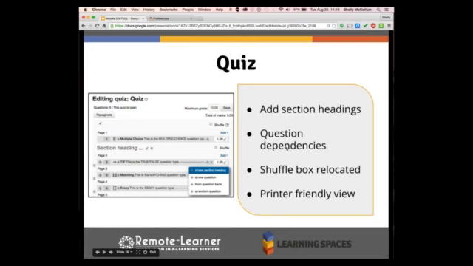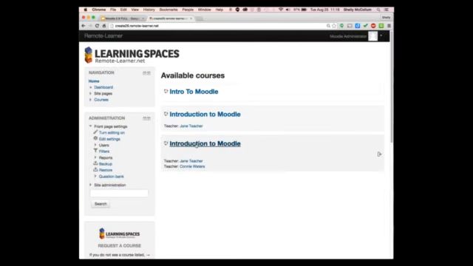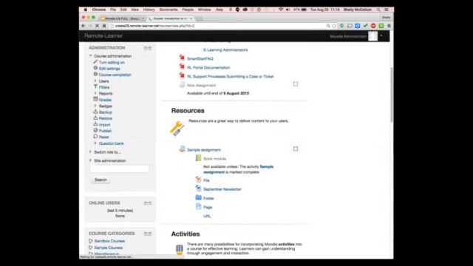The other thing that has been added are question dependencies. Now, question dependencies are pretty interesting, so let's go and look at these live. Question dependencies are going to allow you to basically hide a question in your quiz until a prior question has been answered. Okay, so I'm going to go into a course that we have that's just a demo course,